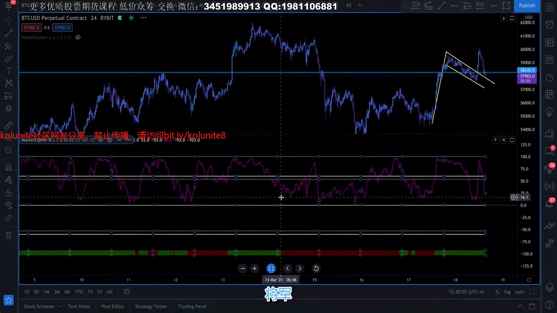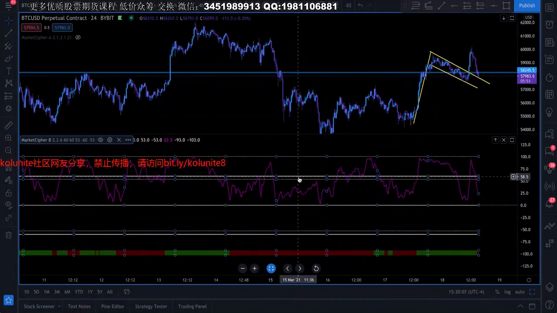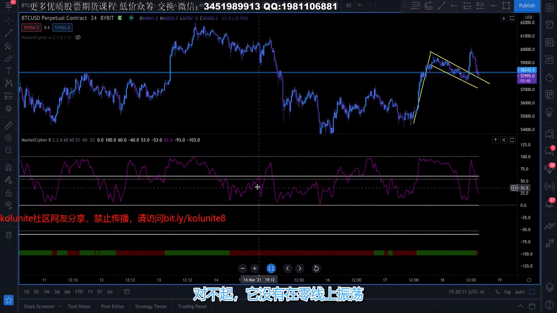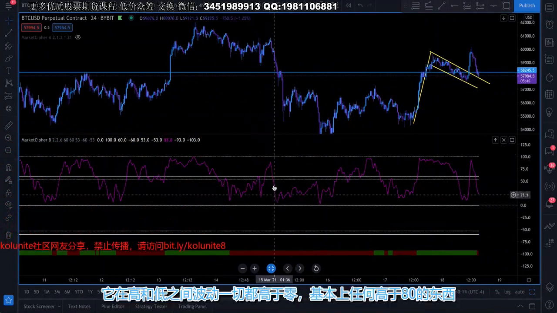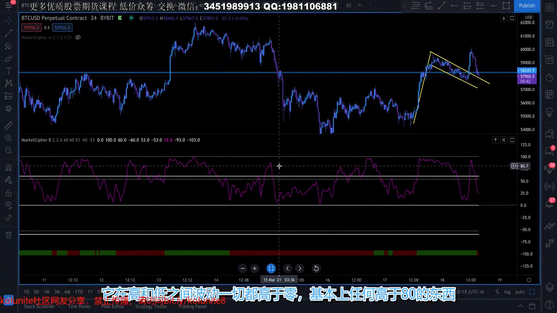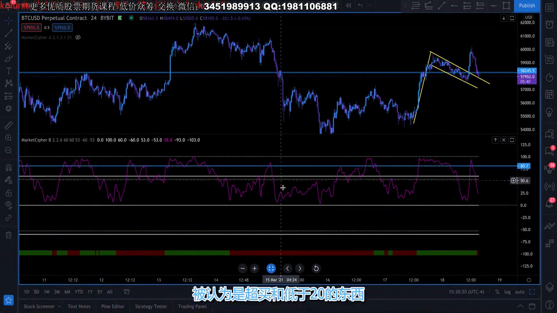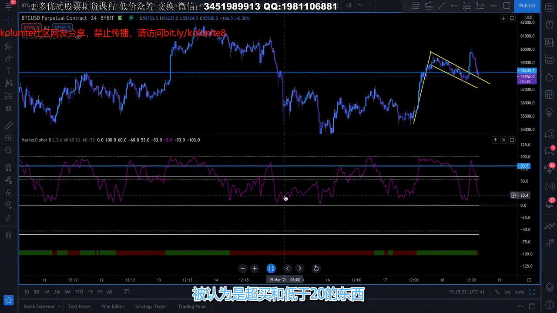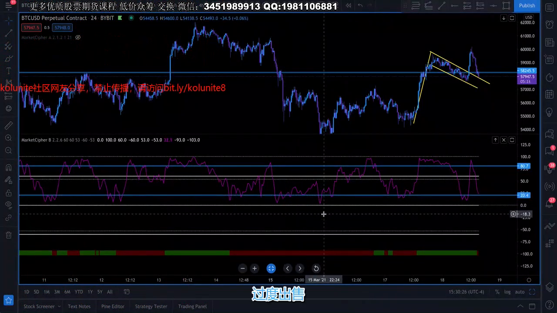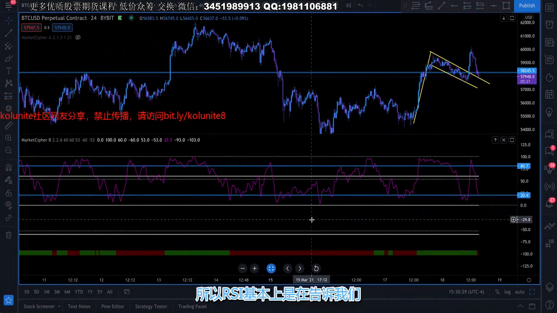But in general, I'm sorry, it's not oscillating over a zero line. It's oscillating between high and low. Everything is above zero. And basically anything that's above 80 is considered overbought, and anything that's below 20 in general is considered oversold. And so the RSI is basically telling us,